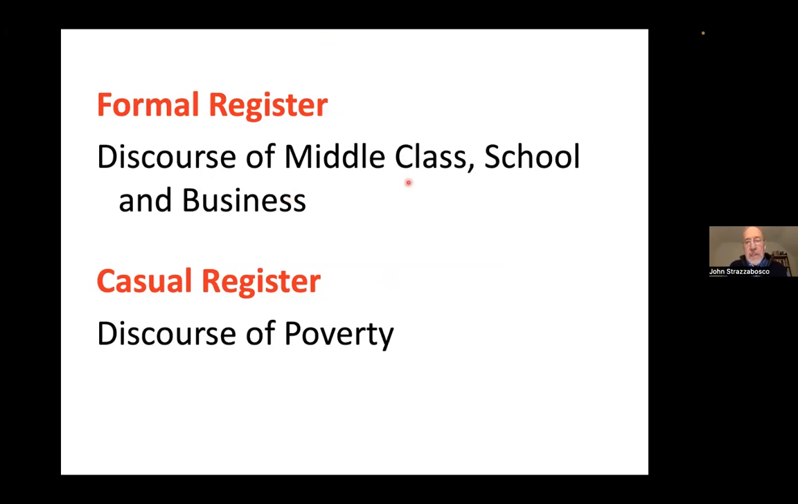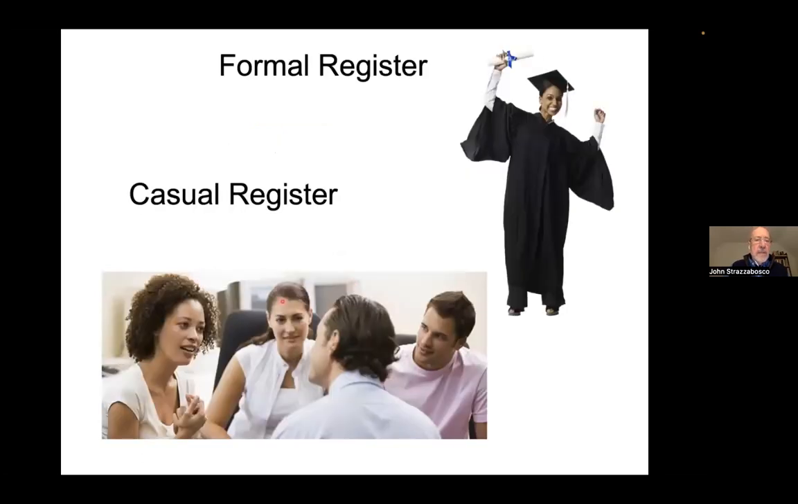The discourse of middle class, school, and business tends to be formal register, and the discourse of poverty tends to be casual register. Now, there's some good reasons why that happens, and we want to take a look at those here. Formal register,